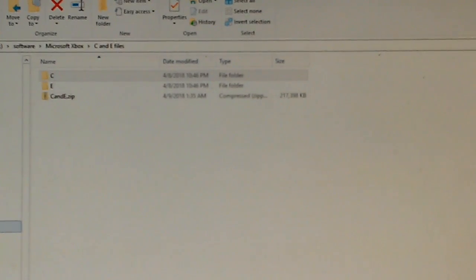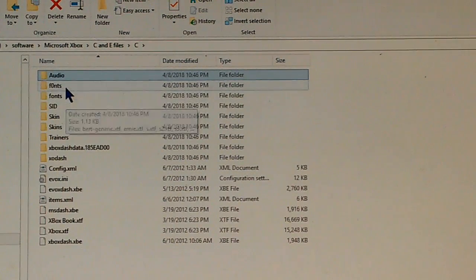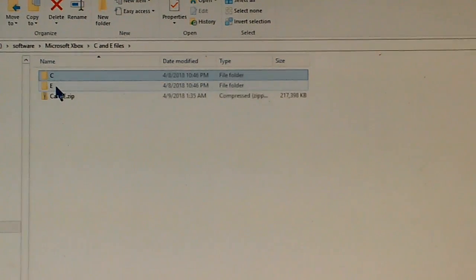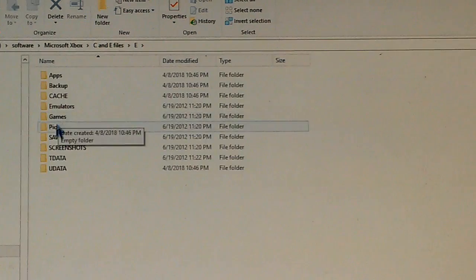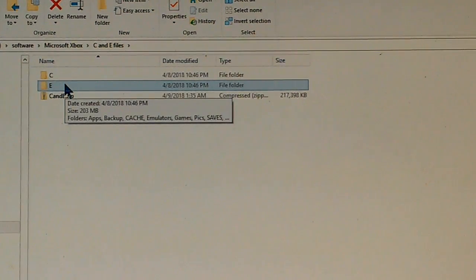Now, someone has provided a nice template for what should be in the C and E partitions on your Xbox hard drive. And there is this file called cnd.zip. You download this file, and when you decompress it, you get a C and an E directory. In the C directory, we have some root directory files, including Microsoft Dashboard, Xbox Dashboard, Evox Dashboard, and a number of other important files, and a number of subdirectories, including ones dealing with fonts and skins, and so forth. And in the E directory, we have a number of subfolders that are also important. So we're going to copy the contents of this and this onto their corresponding C and E directories on the Xbox Maker 1.9